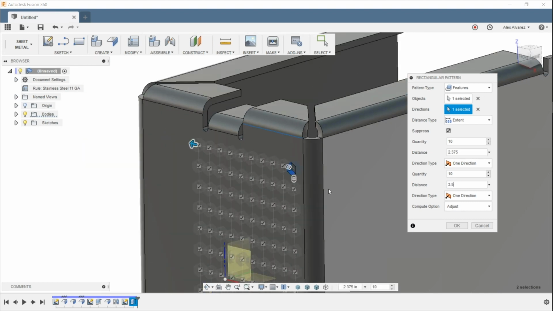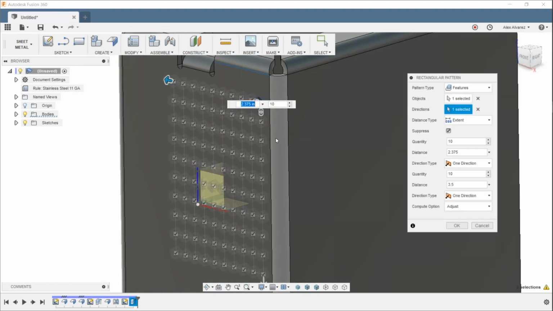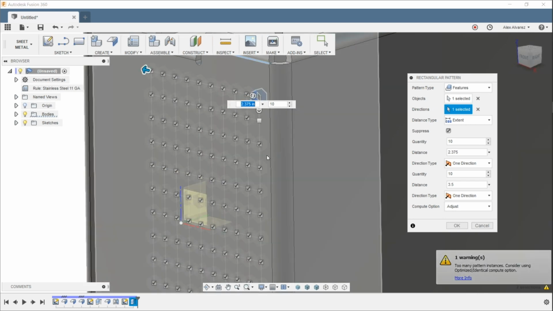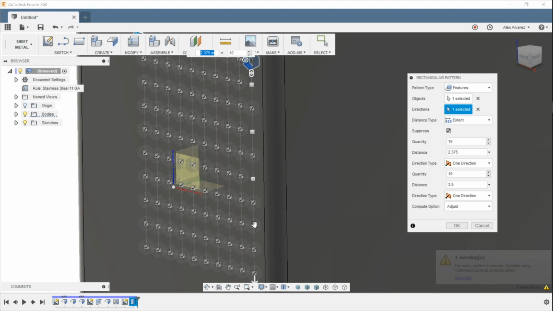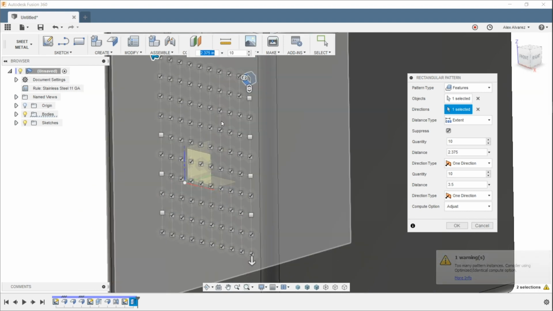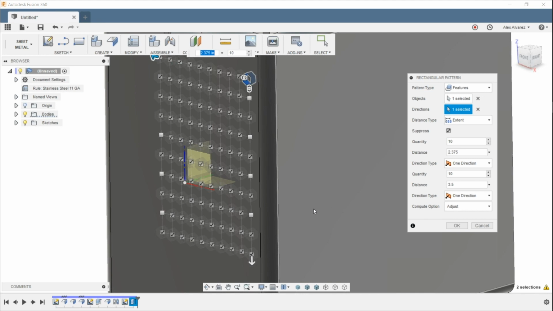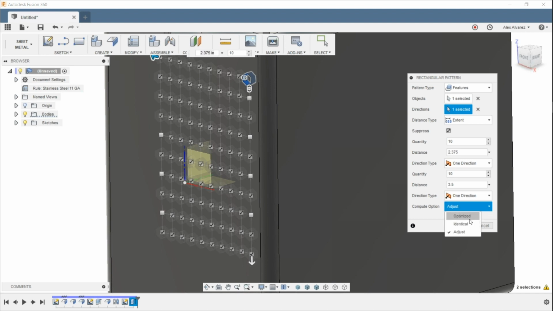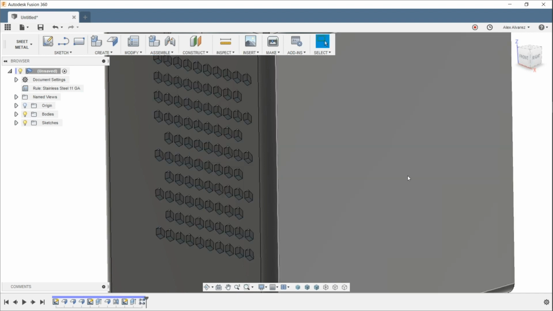Right? So there we can kind of see a quick preview of what's taking place. Again, notice that we have some check marks here, right? So what that means is you can always check some of these, and what that's going to do is it's going to suppress those specific instances, right? So we can do some of these. Maybe we don't want this one right here, right? So you guys kind of get the point here. You do have the option to suppress some of these. Again, you don't have to go back and hide something, or maybe try to edit that specific feature or cutout. Just do that inside of the specific pattern. And then let's go ahead and change that to optimize. And there we have